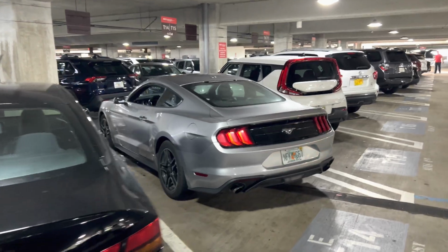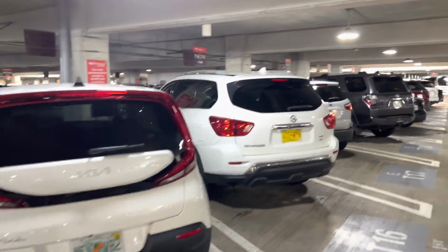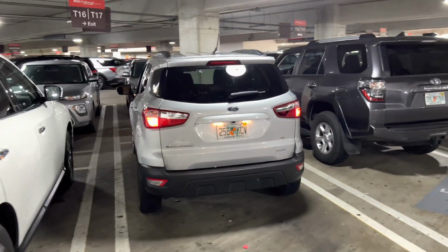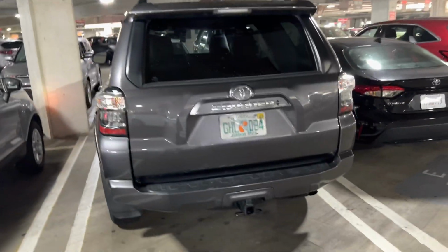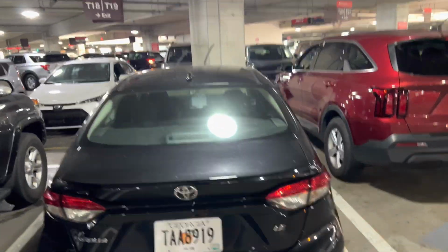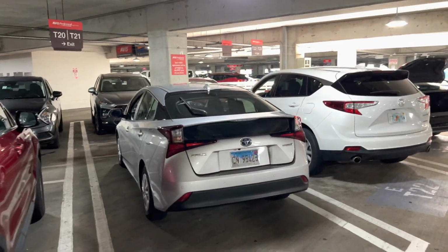got a Mustang, just the EcoBoost, Kia Soul, got a Nissan Pathfinder, and we got a Ford EcoSport. That's what the small ones are. We got a Toyota 4Runner. Trying not to get run over here. We got a Corolla. This one looks a little bit older. Kia Sorento, Toyota Prius Hybrid,